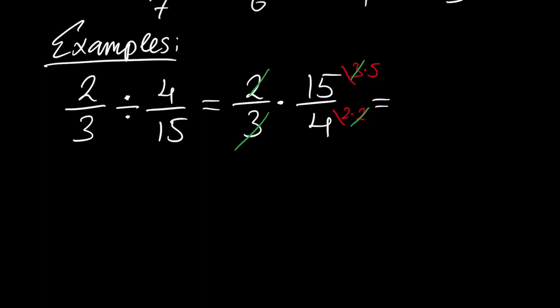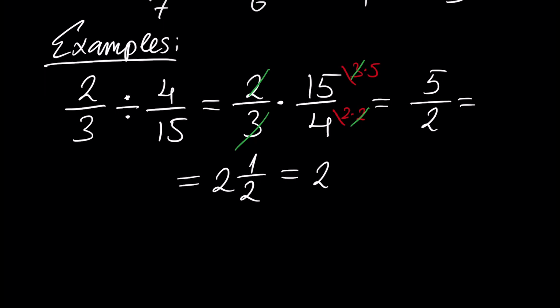We have left 5 over 2, which is 2 and 1 over 2, which is by definition 2 plus 1 over 2, which is 2 and 1 over 2, by the way. Another example of division is, assume, 1 and 3 over 5